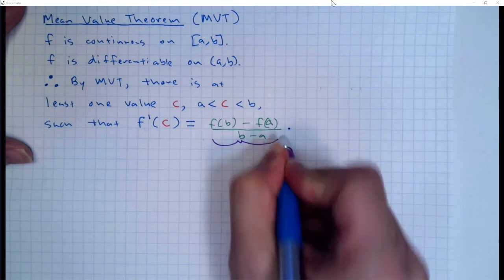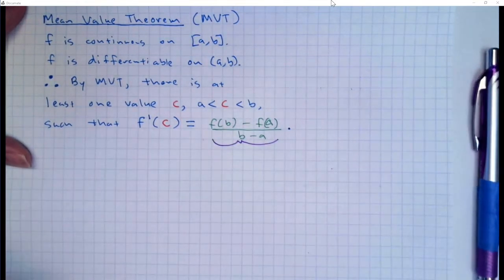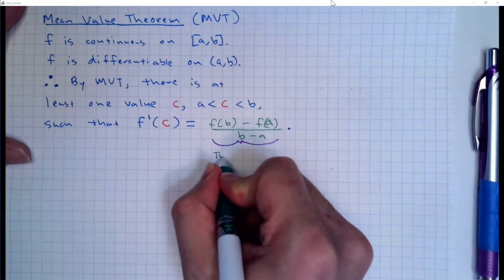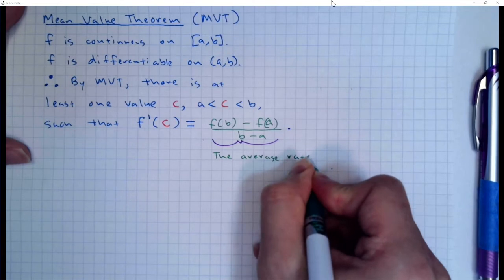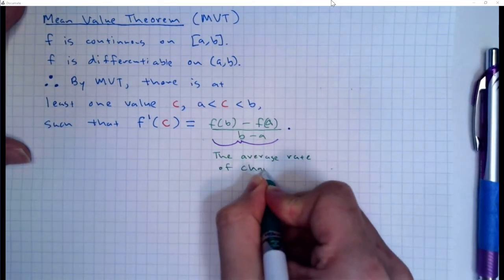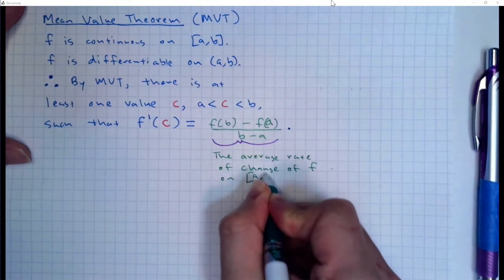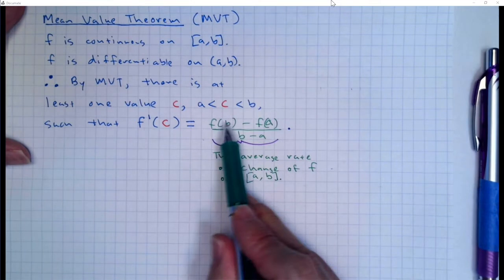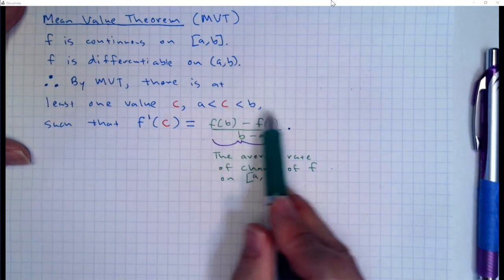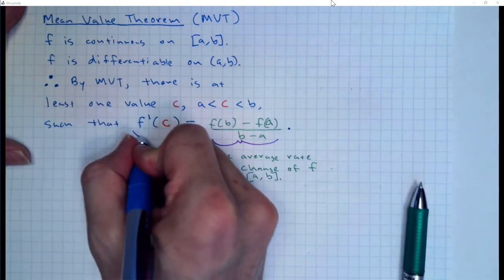This F of B minus F of A over B minus A has an exact meaning. That is the average rate of change of F on the closed interval a comma b. Think y2 minus y1 over x2 minus x1. This is a difference quotient. This is an average rate of change of F. Whereas this,